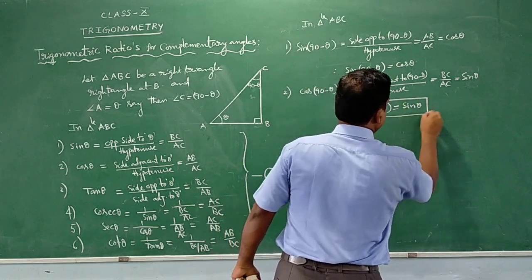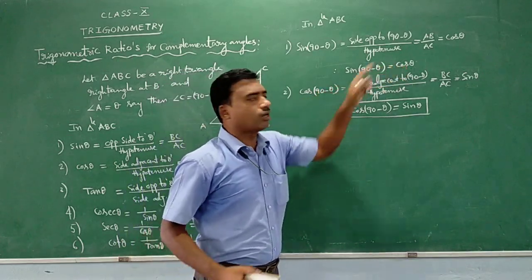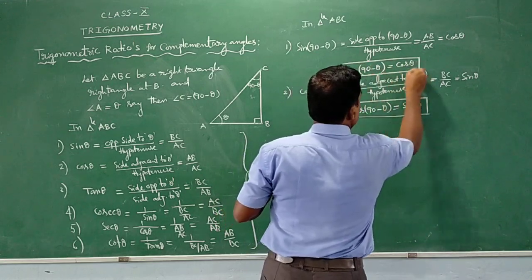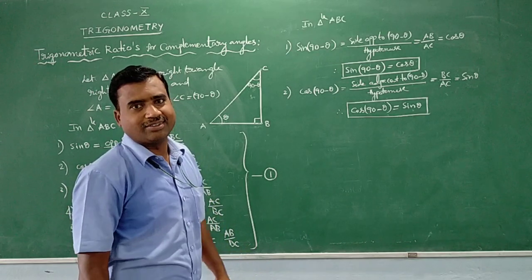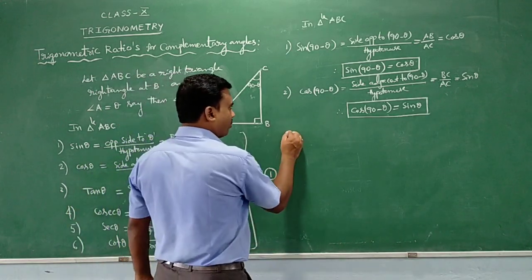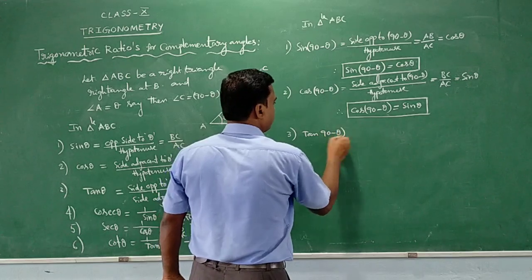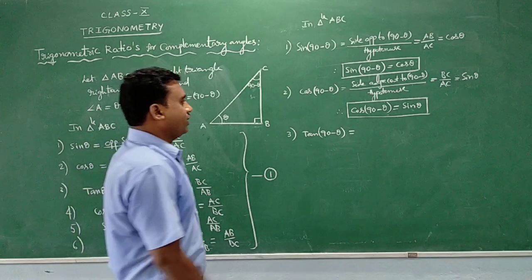This is another one. So sin(90 minus theta) is equal to cos theta, and cos(90 minus theta) is equal to sin theta. So you can go for the third one, tan(90 minus theta). Tan(90 minus theta) is equal to the side